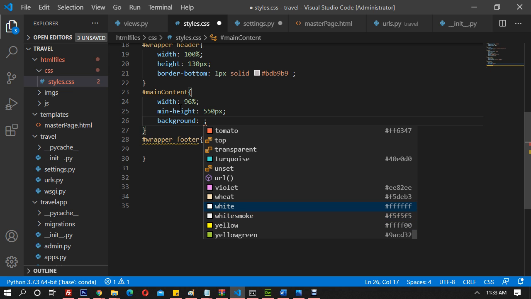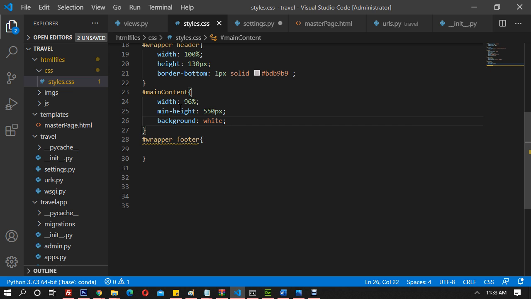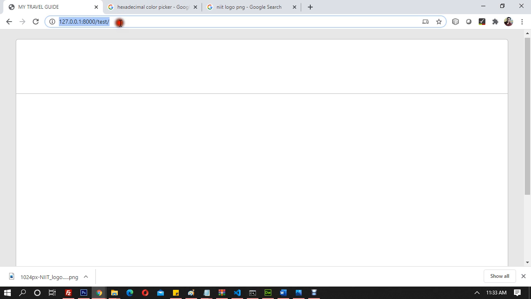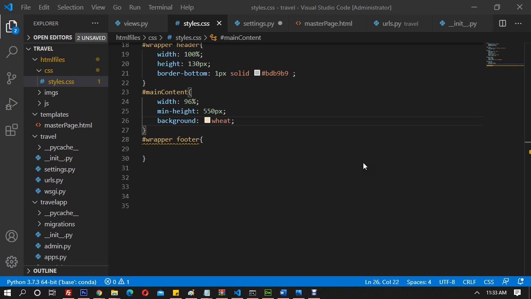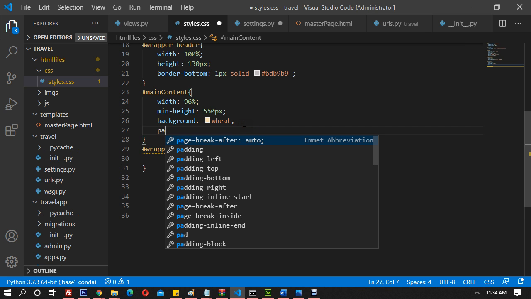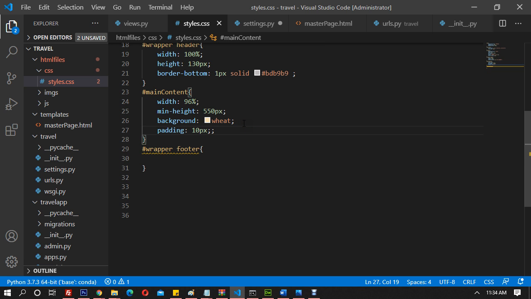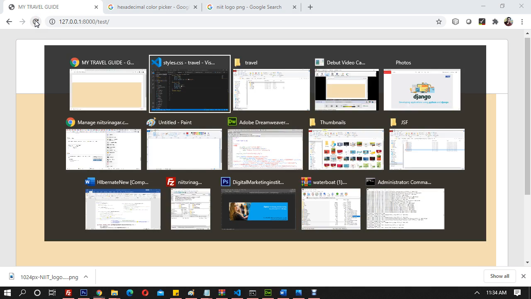I'll choose any background, because I have to just get rid of this, so I'll choose wheat. Now let's go and see the content. Yeah, now the content div has come here. Let's give it a bit of padding. So I'll say padding 10 pixels because I don't want content to come with the corners, and it's not coming